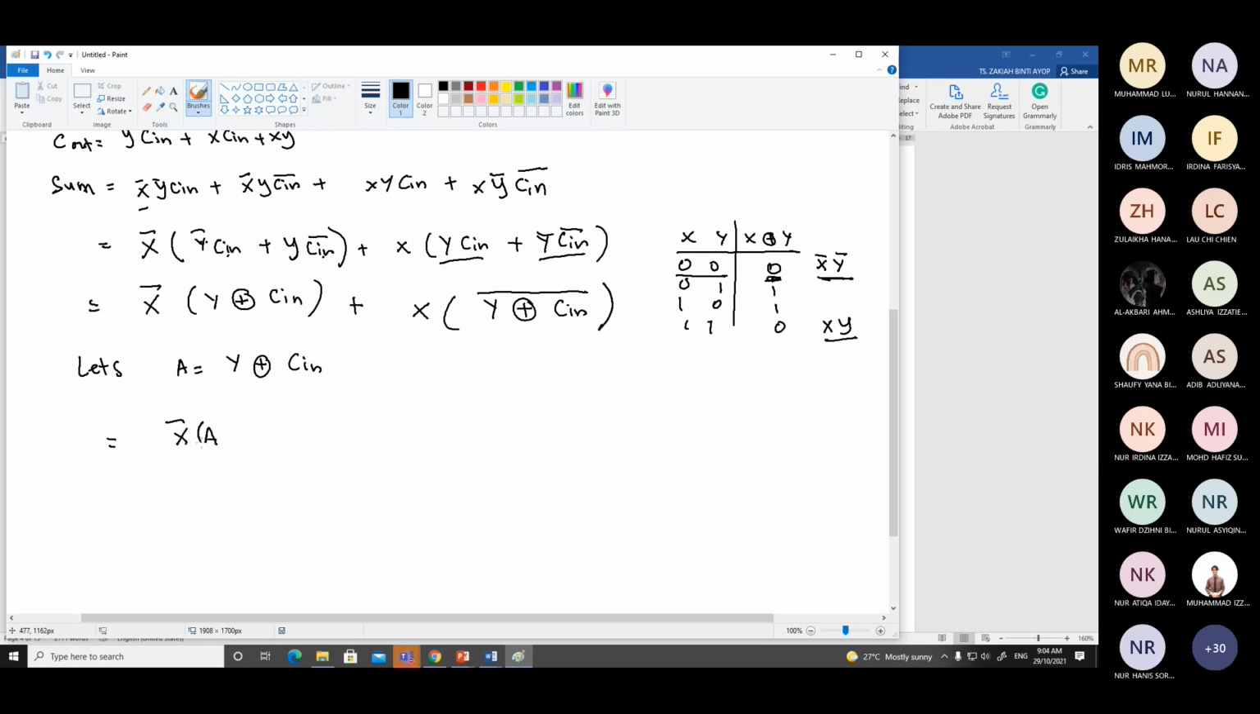So now we can say X bar A. Because this is inside like this, we can just remove the bracket. So it will become X bar A, which is X bar and with the expression Y XOR C in. So now we can just replace the Y XOR C in with A, and then this one with this expression, X and